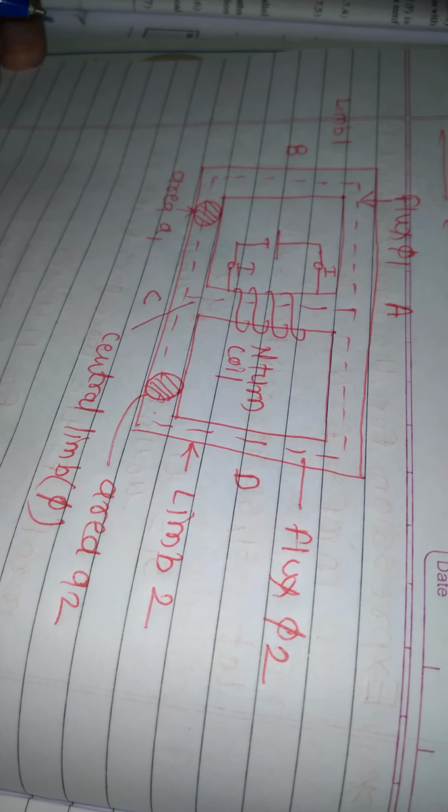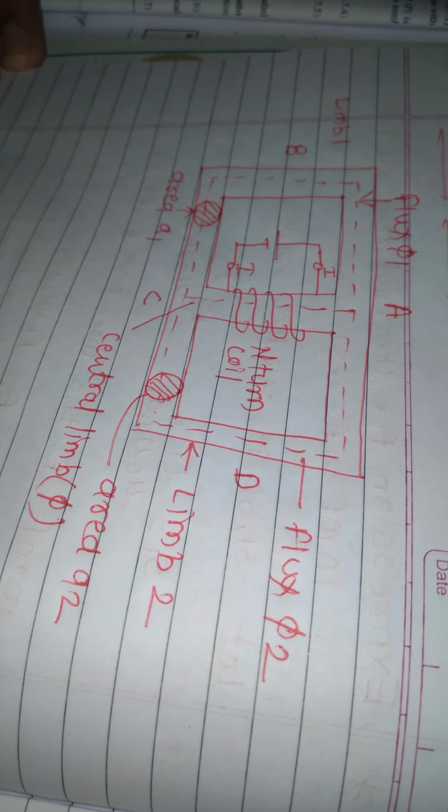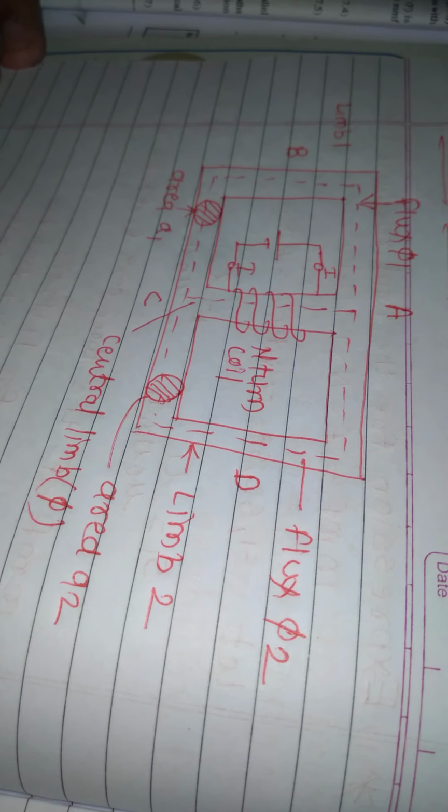This is a parallel magnetic circuit. A magnetic circuit that consists of more than one path for the flux is called a parallel magnetic circuit. In a parallel magnetic circuit, reluctances appear to be in parallel. This is similar to a parallel electrical circuit in which resistors are connected in parallel, which provides more than one path for the flow of current.